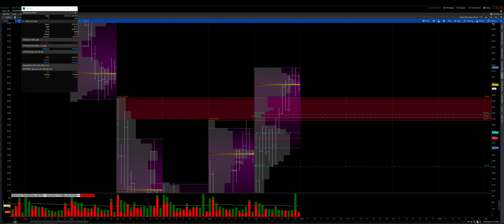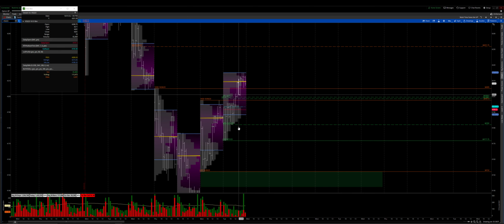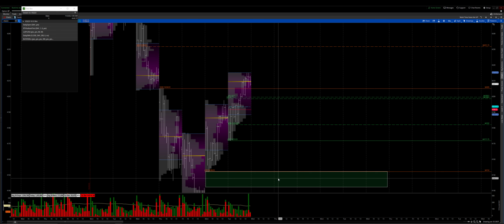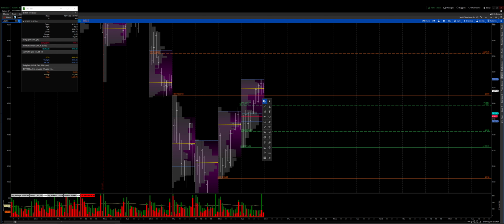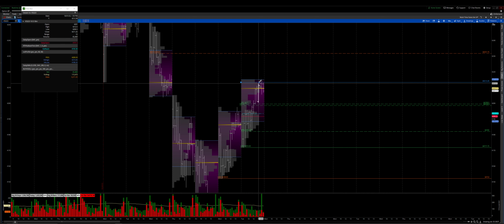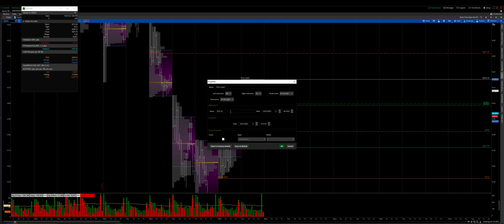There are some stipulations, all right? Some things we need to review. Let me get rid of all this here. I'm going to say that the daily is stretched. You know, other people can say that the daily is one time framing up, and there's nothing wrong with that, but I need to see buyers really step into this market and show me that this was more than short covering. So tomorrow, if we take out today's high of 42.15,